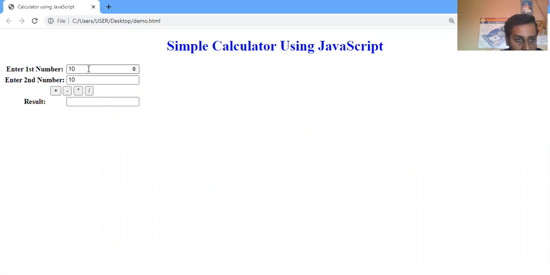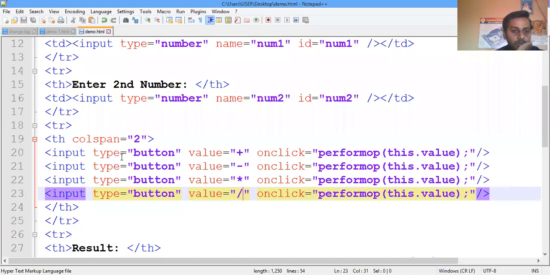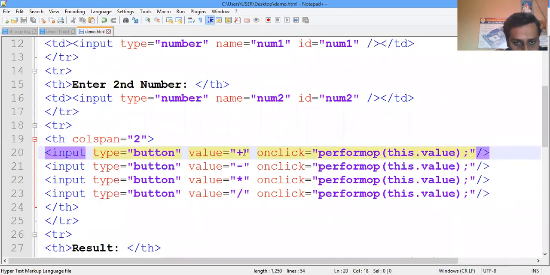As we are entering the number, we have taken input type number. For the button, we have taken input type button. The button name is what we call the value: addition, subtraction, multiplication, division.